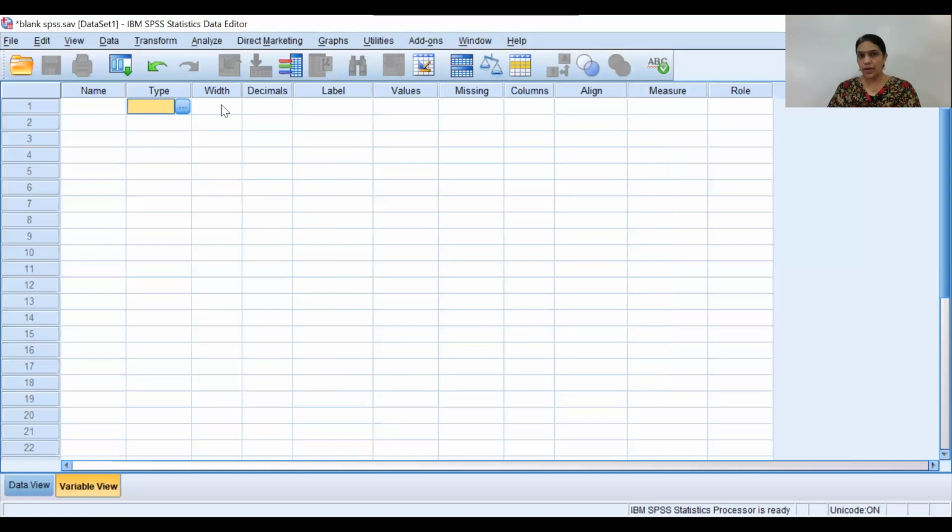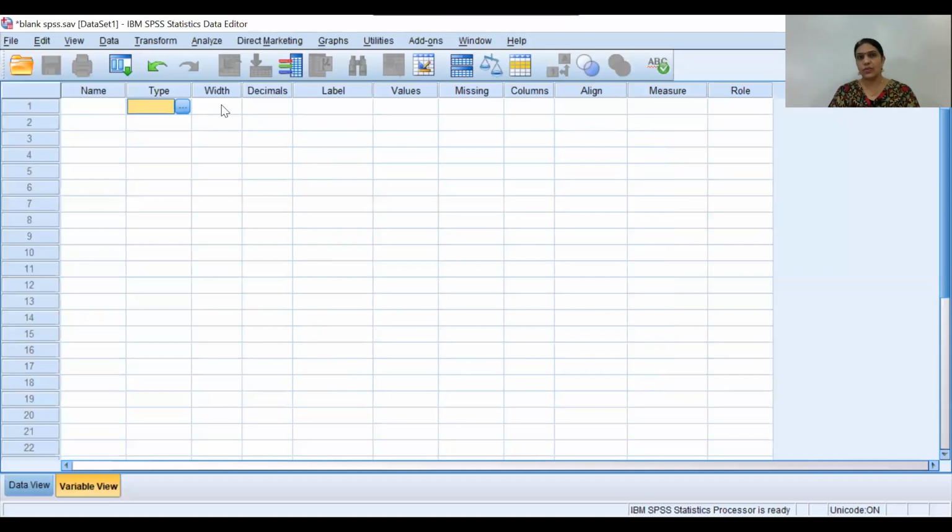Labels. I have already discussed labels, but if I have to say it precisely, a label is the display name for the variable. Unlike the variable name, the label may contain spaces or special characters. So if you want, you can include some special characters, because when you are typing your question, spaces are allowed.